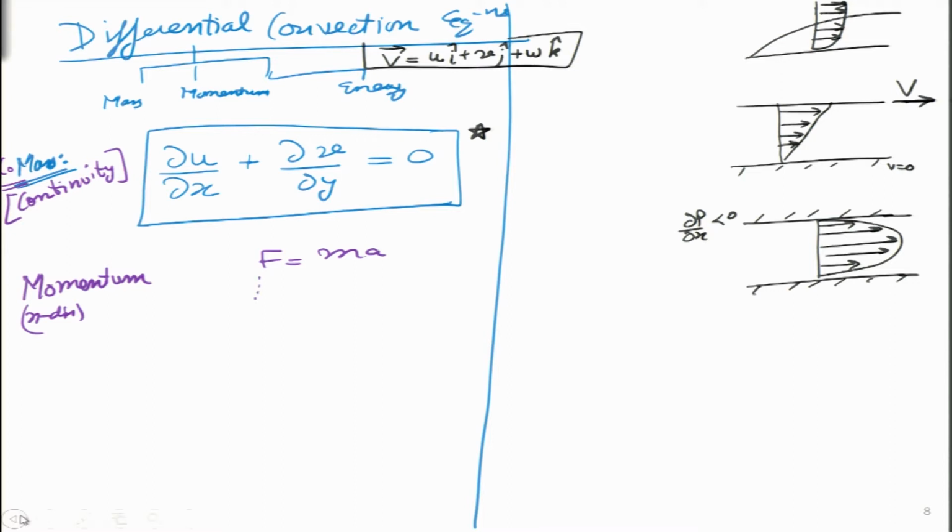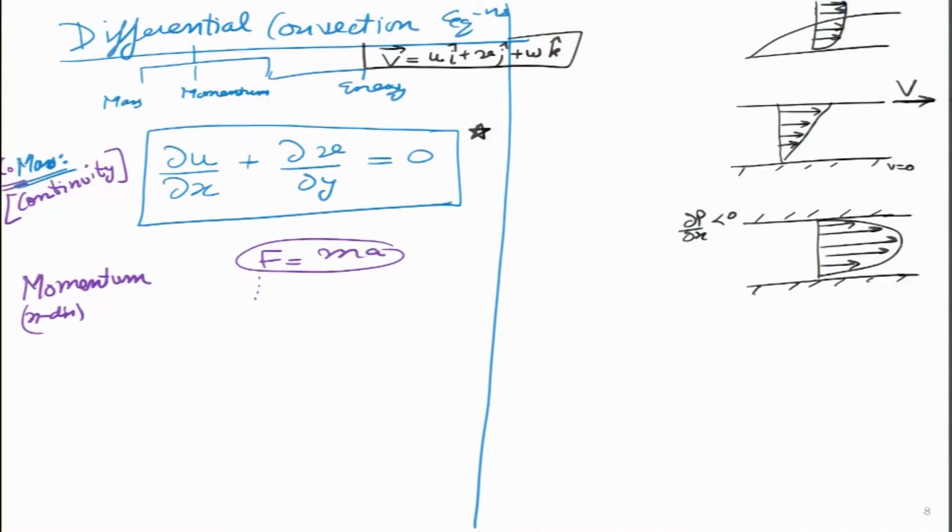For the momentum equation, I will not be performing the derivation in this particular lecture, but it essentially starts with Newton's second law. We just write force equals mass into acceleration. Then for a small fluid element we can figure out all the forces which are acting on it, the shear forces on the sides, then the normal forces, it could also be body forces, and all of that is equivalent to the acceleration of that particular differential element. And if we go through that whole exercise, what we get, in the simplified form, is something like this.